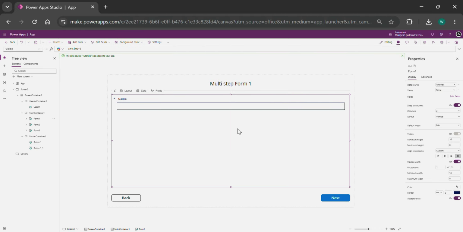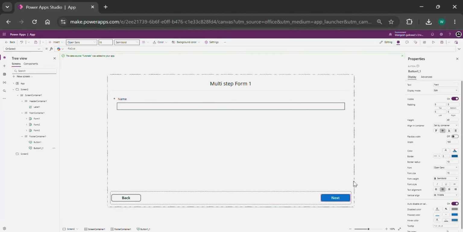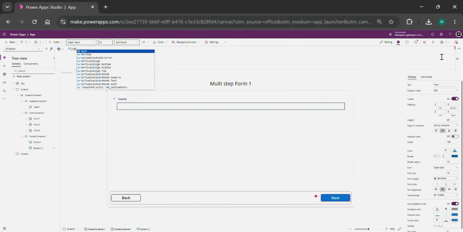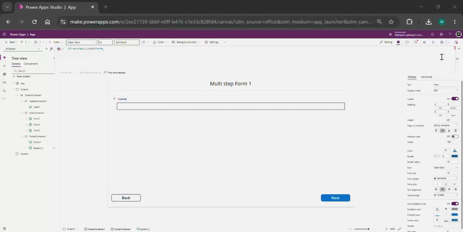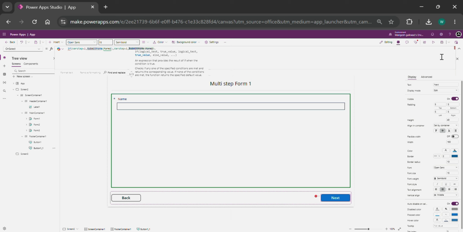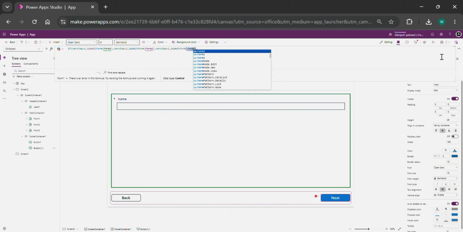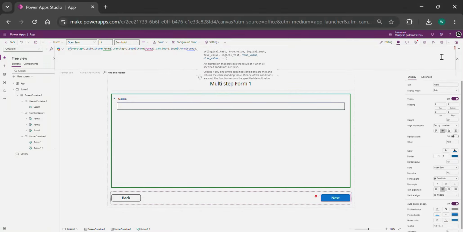Let's configure the Next button. Select the Next button and go to the OnSelect property. Add logic to submit the correct form based on the current step. If the user is on step 1, then submit form 1. If the user is on step 2, submit form 2. If the user is on step 3, submit form 3. After submitting